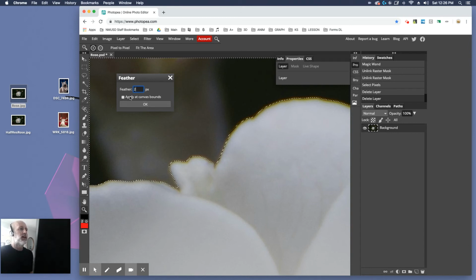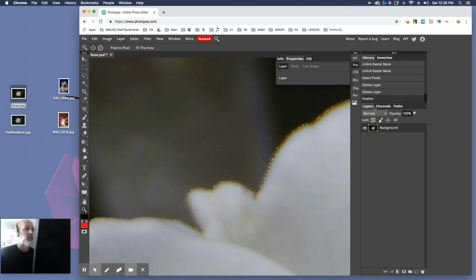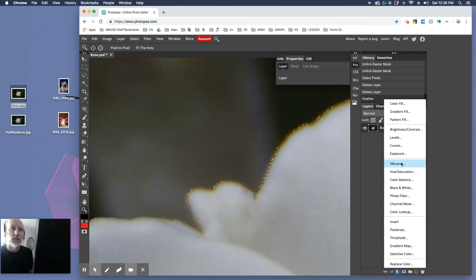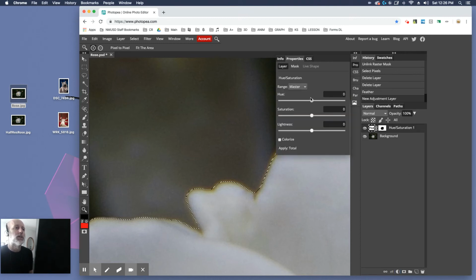What I don't want to do is apply it to canvas bounds because this means it's going to feather the edges around the canvas. We just want to feather the edges around the rose. So this is actually a really awesome feature. It's harder to see now, but now I'll make an adjustment layer. Let's see, hue saturation. So I'm officially rambling now. Let's turn the saturation down. And then if I go to deselect it, it's a much more refined edge. If I did not do that,